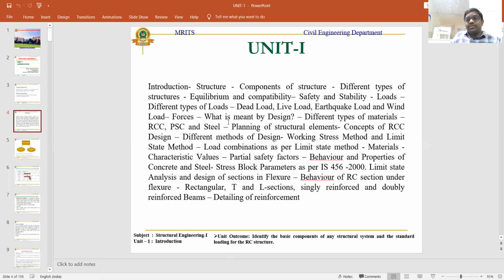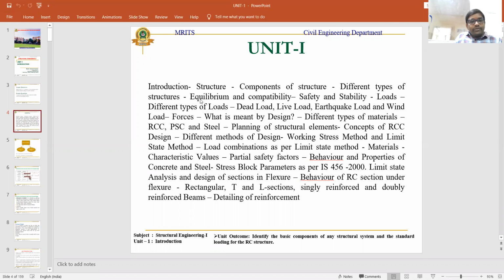Coming to the diameters, let us see the different diameters used for designing RCC structures under different grades of steel. Under 250 grade of steel, we use bar sizes of 6 mm, known as plain bars. When the diameter of the bar is more than 10 up to 32 mm, it is called high yield strength deformation bars. How can you identify these bars? Based upon the physical appearance of the bar, you can know whether it is Fe 250 grade of steel, or Fe 415 and Fe 515 grade of steel.